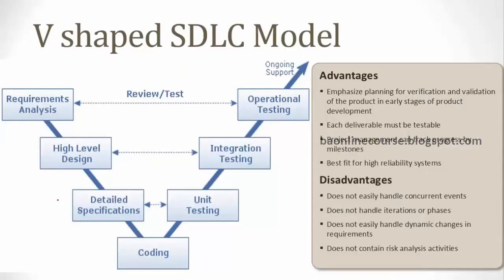Okay. The next one is the V-shaped model. Now, some systems need to be highly reliable, which means you cannot afford a defect in your final production environment when you are using the system. Now take some systems like, let's say you have a news website, right? If there is something wrong, one link is not working correctly, not a big deal. What are you losing? Nothing much, right? So it's not so critical for us, right? Even that system, the reliability of the system is not required there. So if you pick up a news website and one link is not working, maybe a few persons would have used it and they would not have looked into that news item, right? So it's a simple requirement, and even if that doesn't work, even if there is a defect, it is not affecting you much,